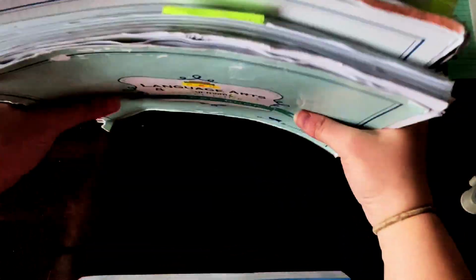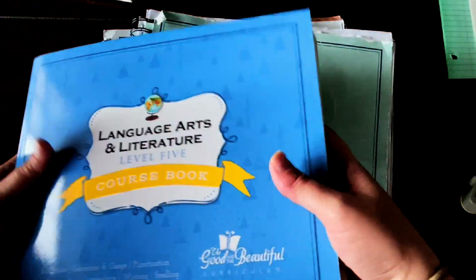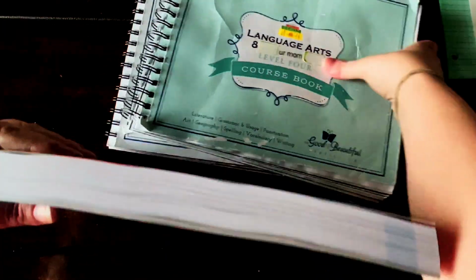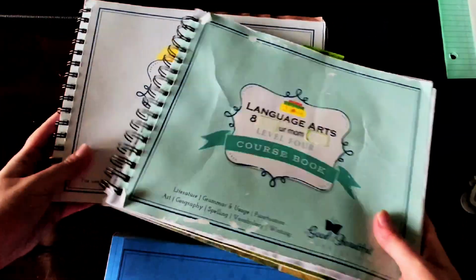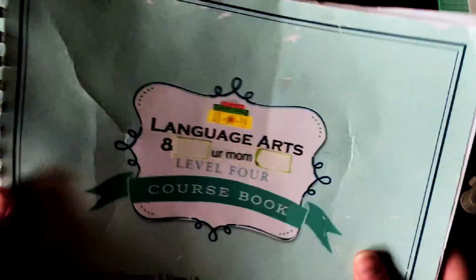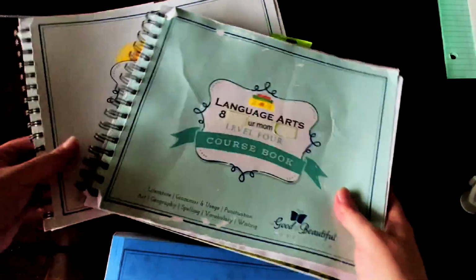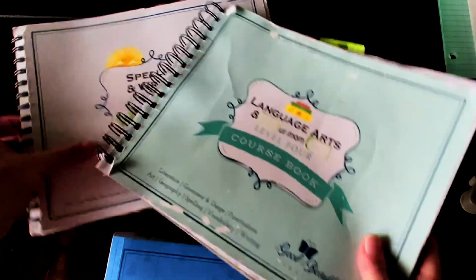But so for Level 4, there were 2 books here. They're both very thick if you can't tell. And I have to say, I like this update. This is definitely thicker than one of these books, but having it combined is so nice because I did not enjoy us flipping back and forth. Like, okay, where's your challenging spelling word list that I need to look at? Oh, it's in this book, it's not in this book. And what's in this book that I need to refer to? Going back and forth. I like that these are combined because also there's the potential of losing one of the